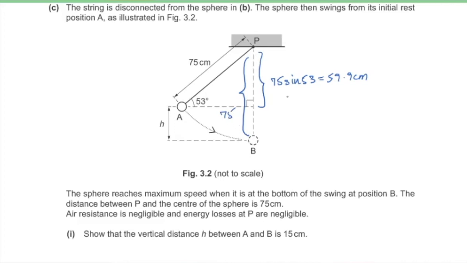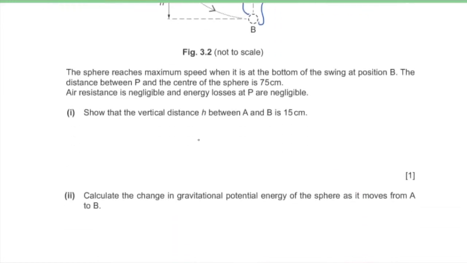So this whole will be 75, and only this is 59.9, means the difference is 75 minus 59.9, and that gives me a vertical distance h as 15.1 centimeters, which is also equal to 15 centimeters. Part 2, calculate the change in gravitational potential energy of the sphere as it moves from point